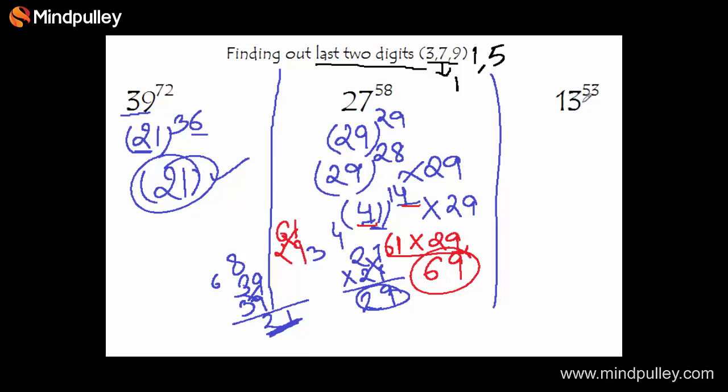Now we have the third term, that is 13 power 53. How can we solve this? We can write 13 power 53 as 13 power 52 times 13 power 1. Now 13 squared is 169. We can write it as 69 here because we are using only 2 digits. 52 over 2 is 26, times 13. Now we end up with 9.